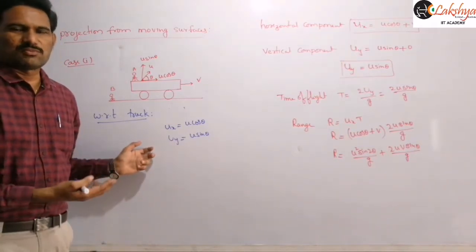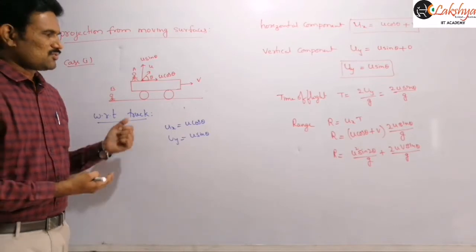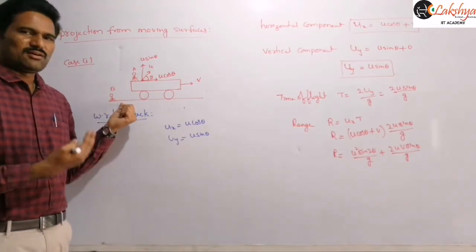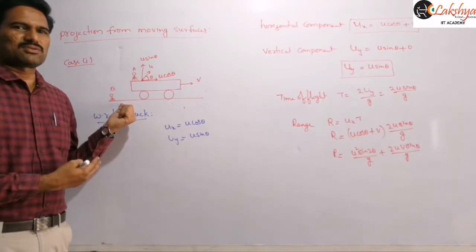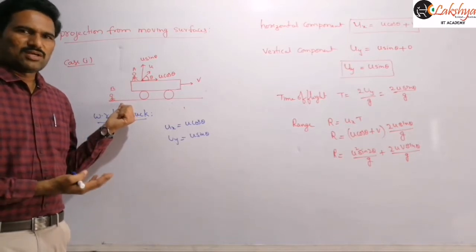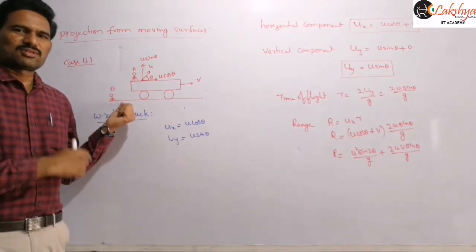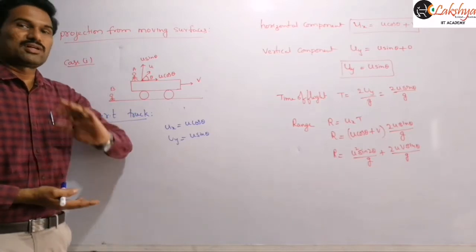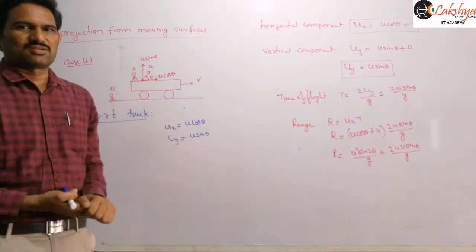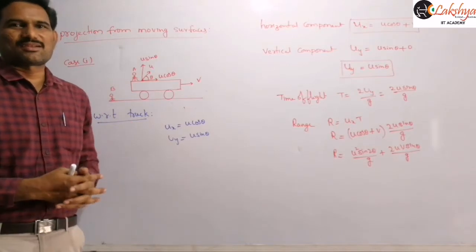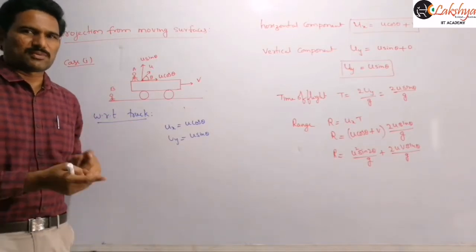If you want to mention the path, mention that. So for this, the path followed by the object with respect to the truck is a parabola and the path followed by the object with respect to the ground is also a parabola. Both are different parabolas. That means their paths are different. The shape of this trajectory is a parabola only, but they follow different parabolas.